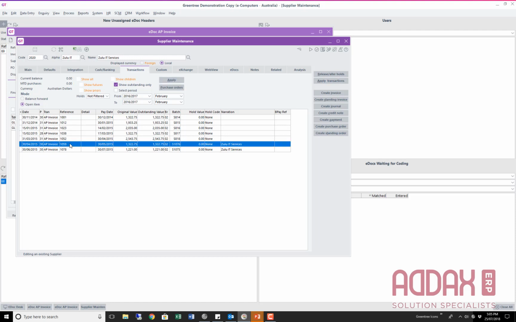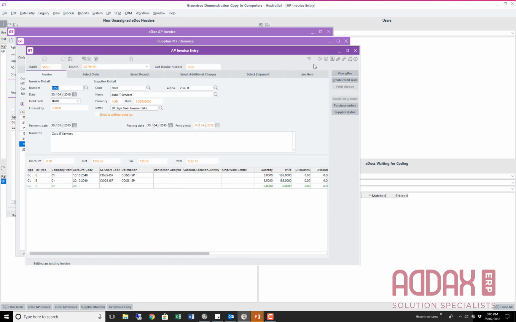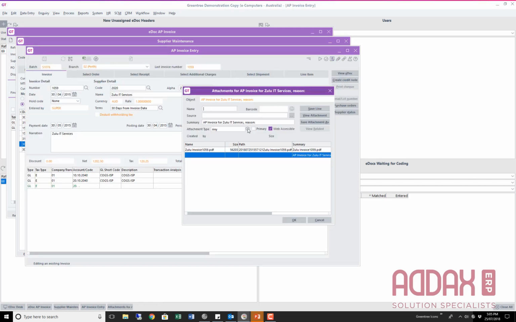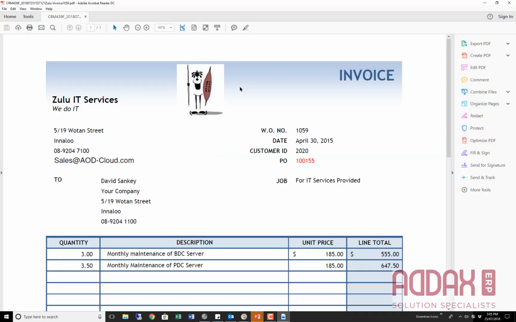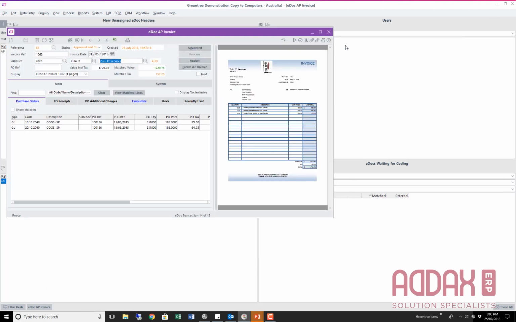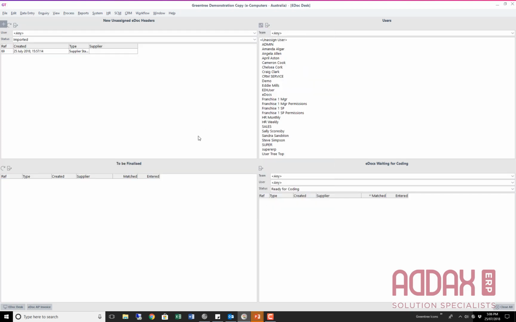On the AP invoice created, they will also carry the electronic document that has been transacted against, in this case the physical invoice. So closing that down again now and back to our original, we simply create the AP invoice, all of our eDocs have disappeared,